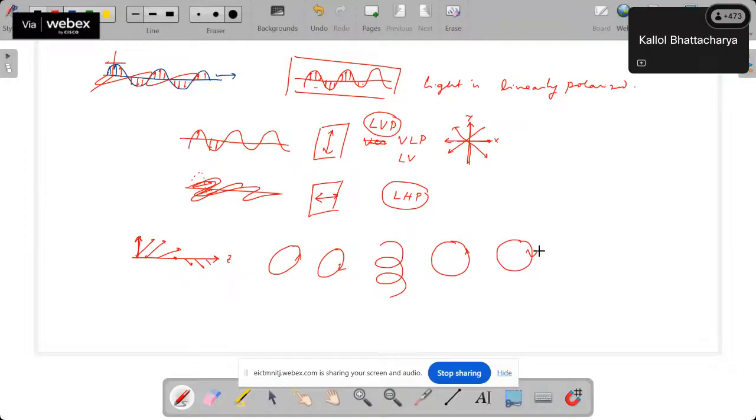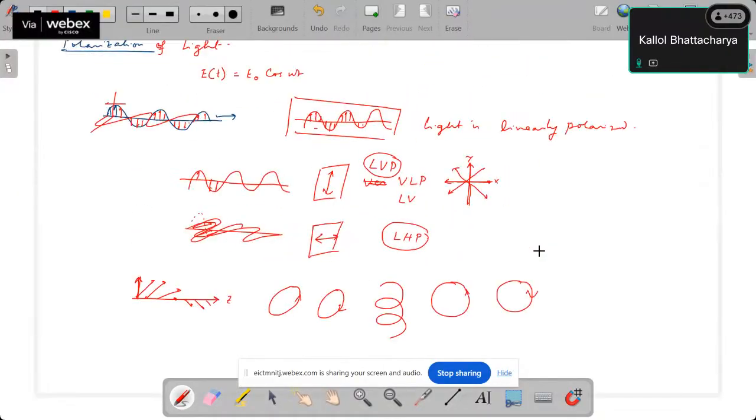Right. Now, what about unpolarized light? Well, in unpolarized light,